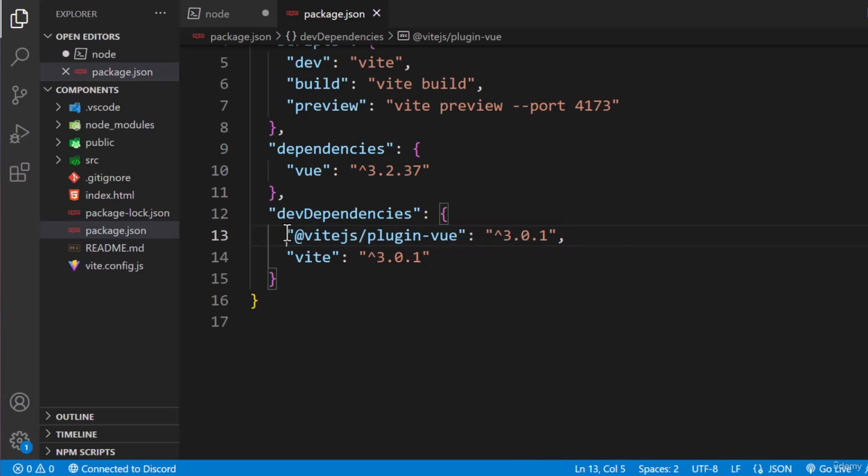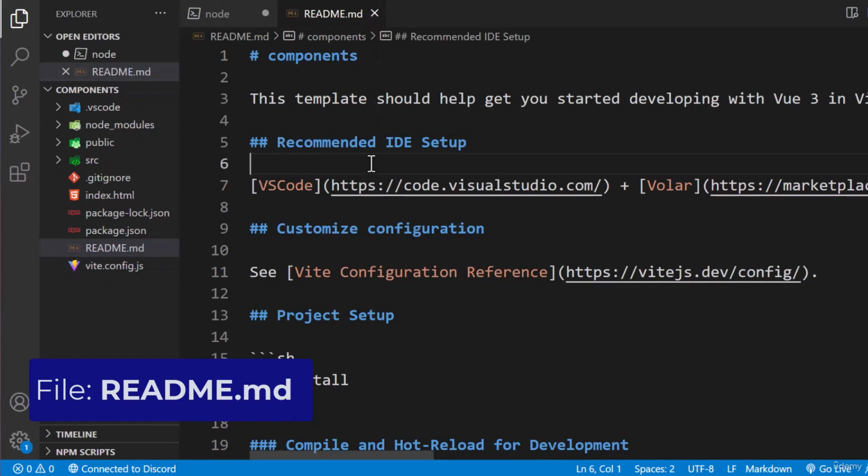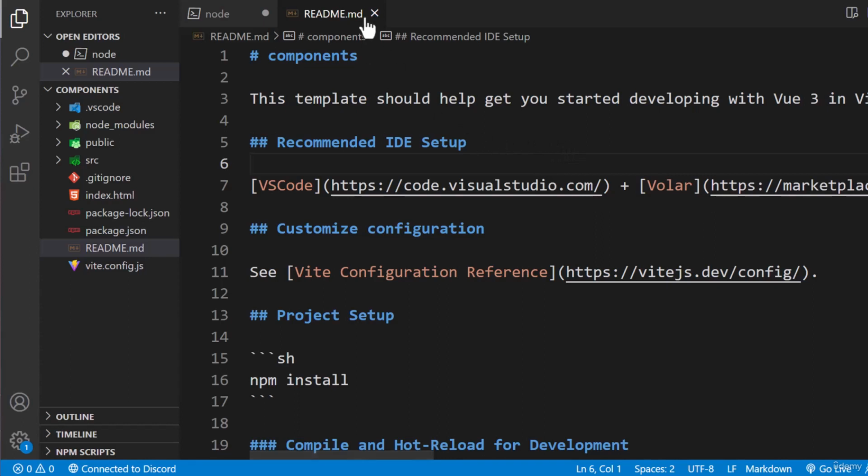Moving forward, we have the README file. The contents of the README file has information about how to run the project, basic information to help you get up and running. There's even a link on how you can configure the project created for you. The topics covered in the documentation are things we'll go over as the course progresses. Lastly, we have the